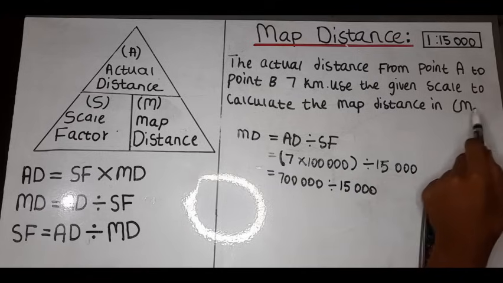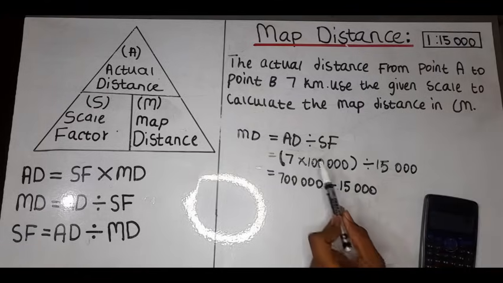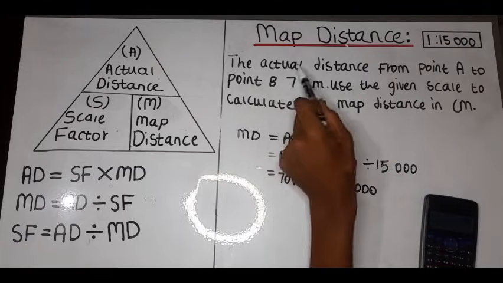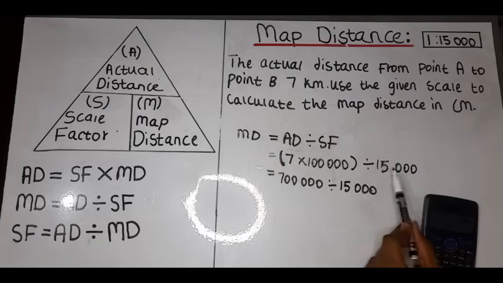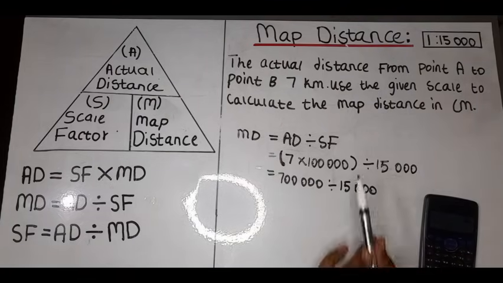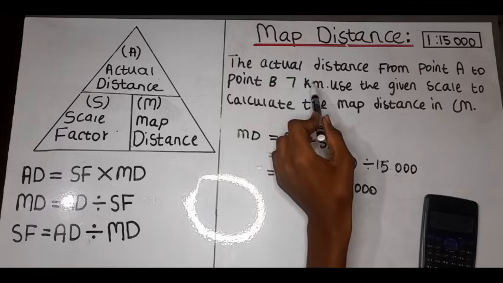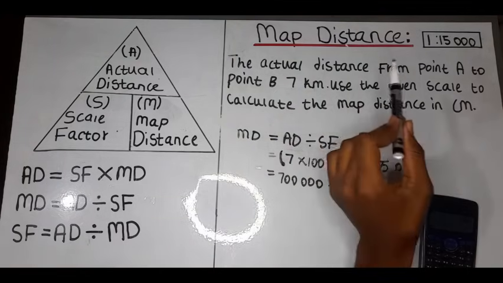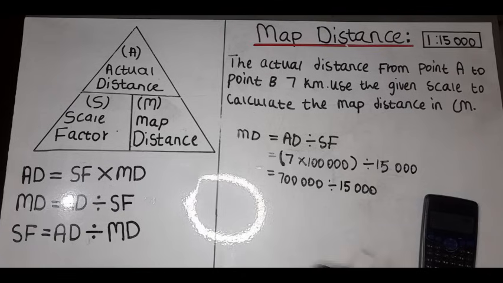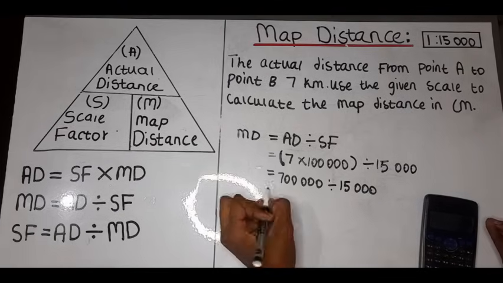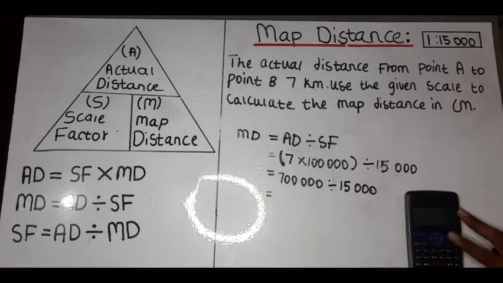answer should be in centimeters, and we have been given the actual distance in kilometers. So we cannot say 7 kilometers divided by 15,000. Our answer will not be correct. You have to take your actual distance and convert it to the required unit of measurement, which in this case is centimeters, right? So now you're just going to click this on the calculator and say